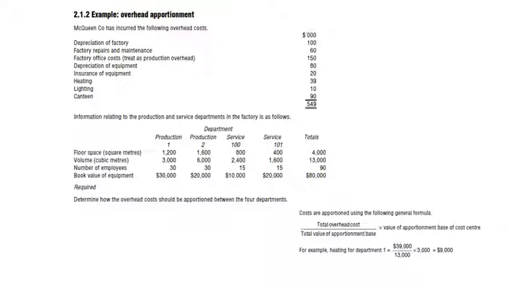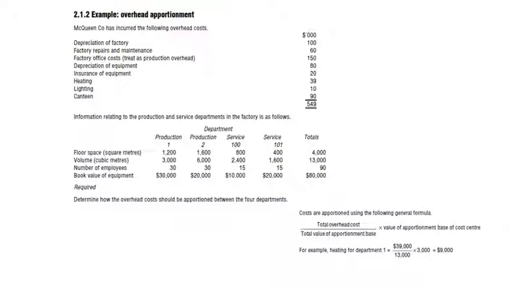So we have seen in my previous lecture that a few overheads could be distributed directly to their cost centers. However, some are combined FH. These combined FH are distributed according to the bases we have seen. So in total, 549,000 FH are incurred for production of products, and we have four departments: production department 1, production department 2, then service department, their code is 100, and service department, their code is 101.